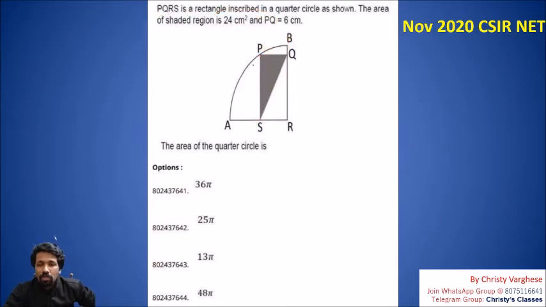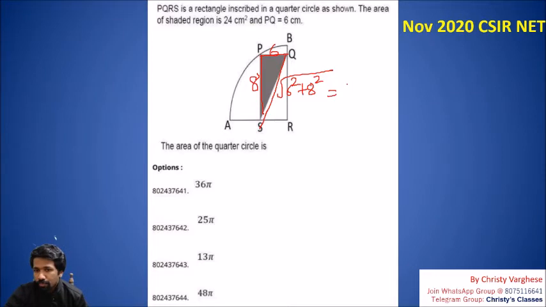That is enough to find QS because this is 8, this is 6. So what is QS? Using Pythagoras theorem or the concept of Pythagorean triplet. If you know 6, 8, 10 is a Pythagorean triplet, you can directly say. In my free classes I have given more information about what is Pythagorean triplet, how to identify them and all. Otherwise your traditional approach in school days is using Pythagoras theorem like this. That way also you can do. So that is 36 plus 64, square root will be 100 square root, that is 10. That means QS length will be 10 using Pythagoras theorem.